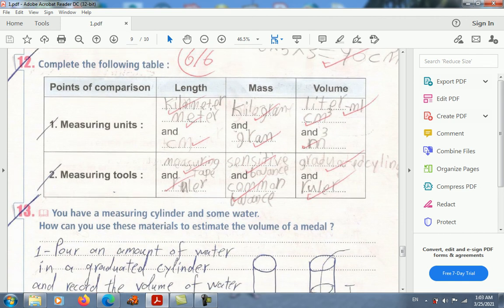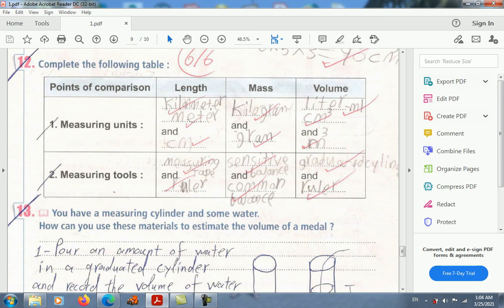12. Complete the following table. Of course, the table contains a comparison between the measuring units and the measuring tools. In this question the points of comparison are determined. We want to compare the length, the mass, the volume. So the measuring units